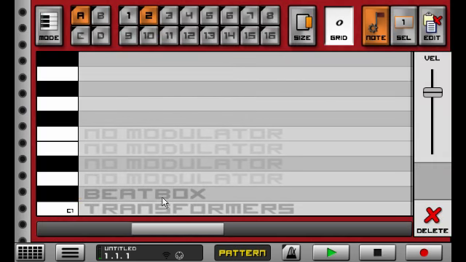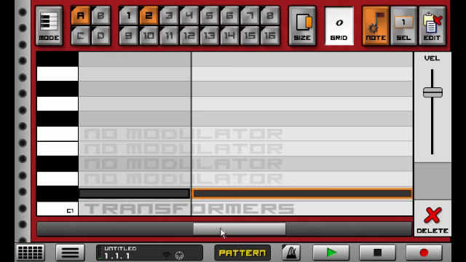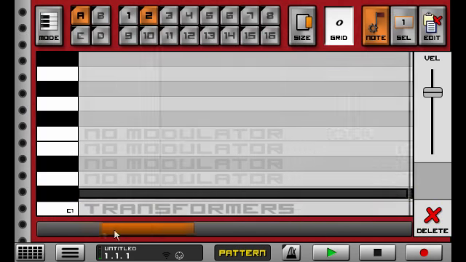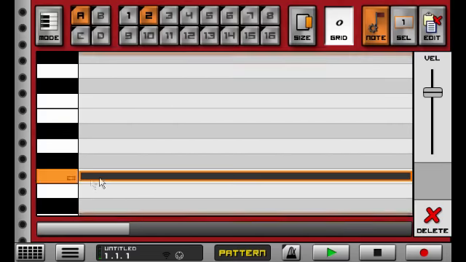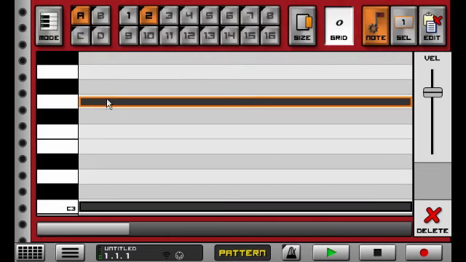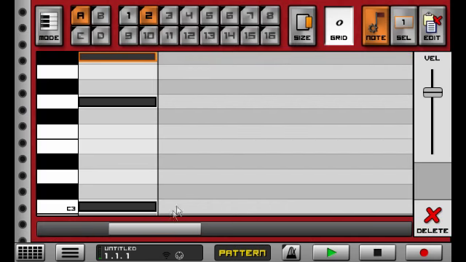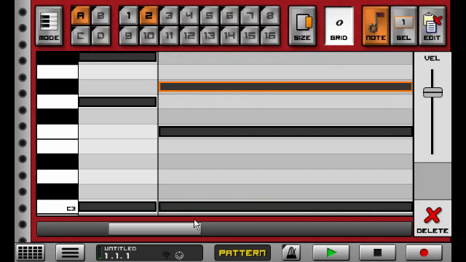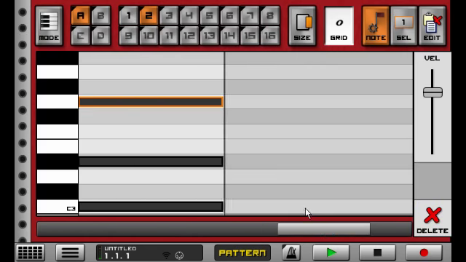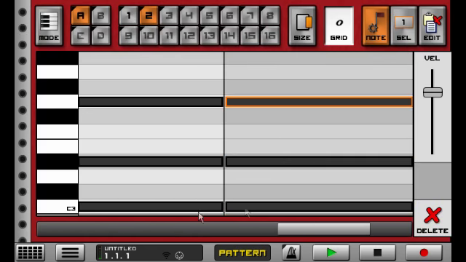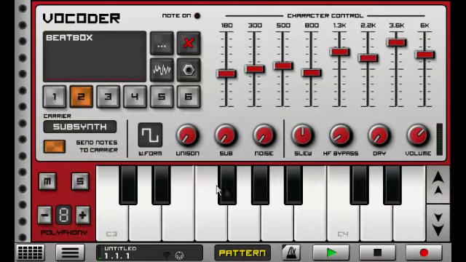I'll just turn it on for the whole duration. And up here, I'll set up a few chords, just a demo. There we go. So now if I press play and if I use this pattern in a song,